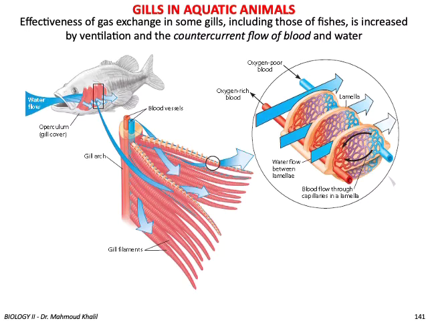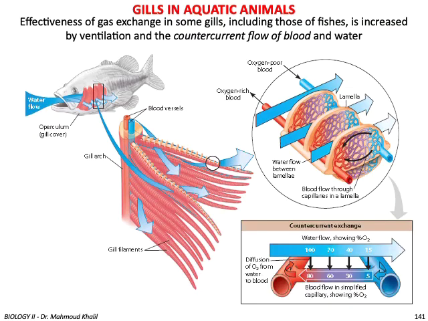You can see that the direction of the water flow, which is represented by the blue big arrows, is opposite to the direction of the blood, which is represented by the black thin arrows. So again, if we simplify this countercurrent flow of blood and water,